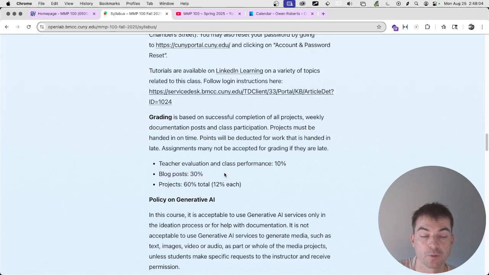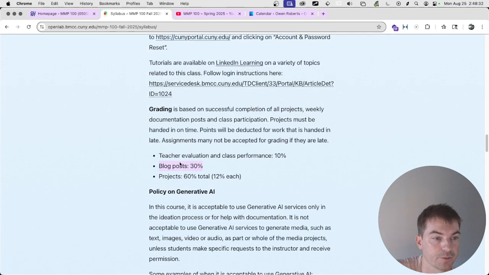There's a number of blog posts that we're going to be doing week by week to show your progress, and those lead into different projects. The overall grade that you get for all of those blog posts is 30%. Those blog posts are basically did you do it or not? We'll look at the rubrics in a little bit, but it's not based on the quality of the post. It's just based on did you do it and did you do it correctly? So that should be an easy 30 points for everybody.